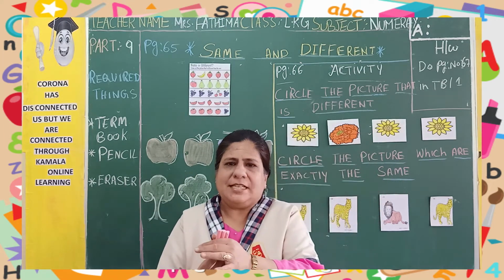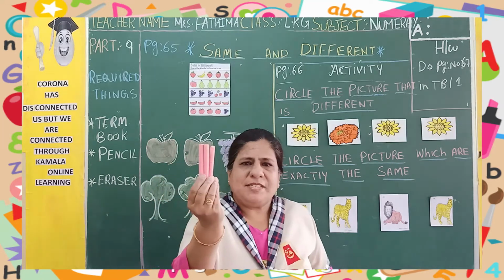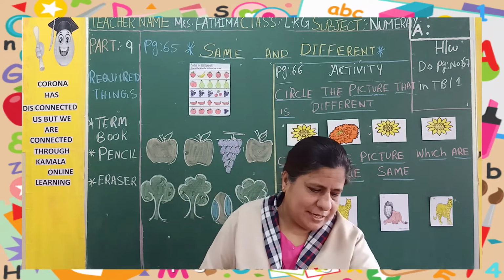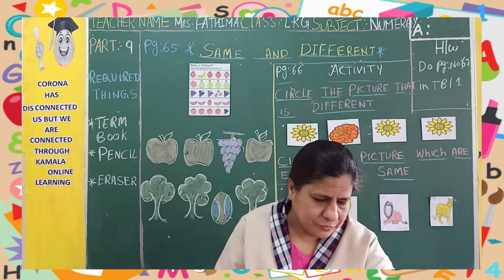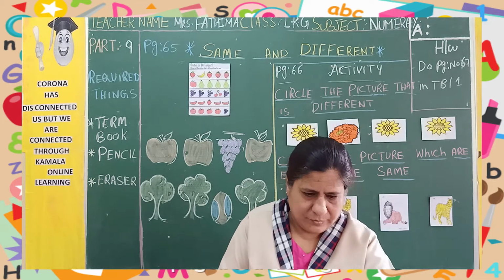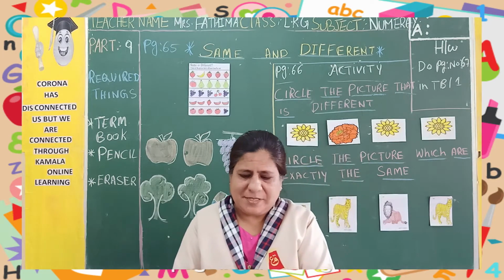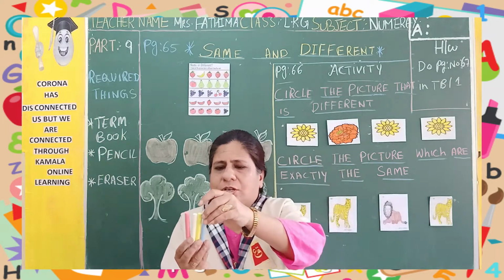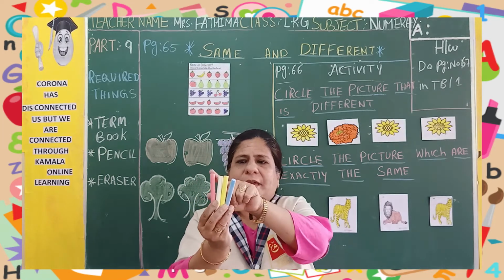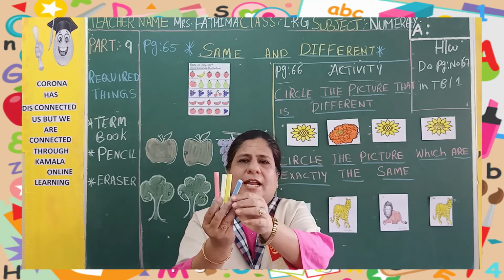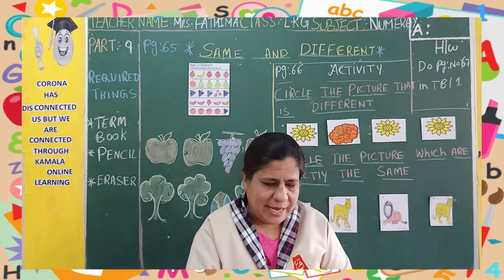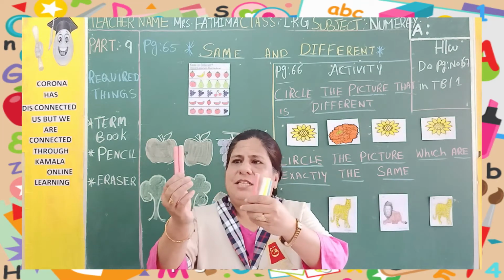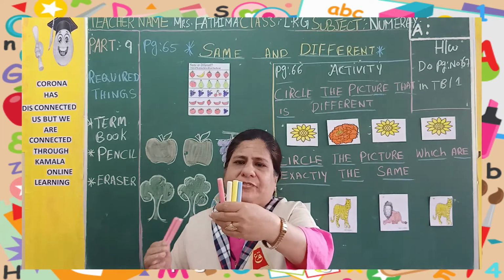See these chalk pieces? 1, 2, 3. 3 chalk pieces are same in color. These 3 are same color. See, I will show one thing. See, these chalk pieces you see, children? These are same color chalk pieces? No, these are different colors. See, pink color, white color, yellow color, blue color. These are the different colors. Okay? And these are the same color chalks. These both are same color and these 4 are different colors.